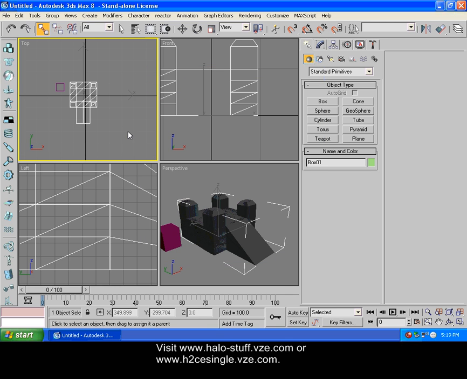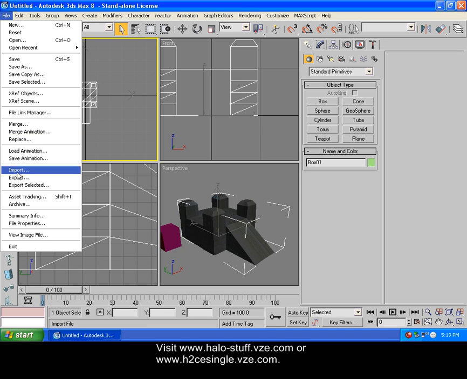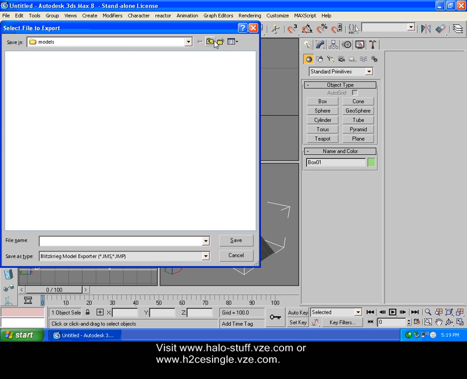You can also select and drag like that. That works too, but I like my way better. Now we're going to export it. So you click File, Export, go into